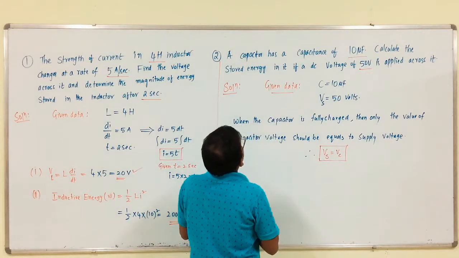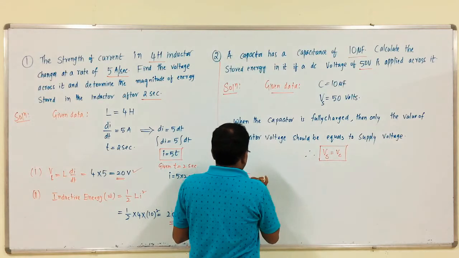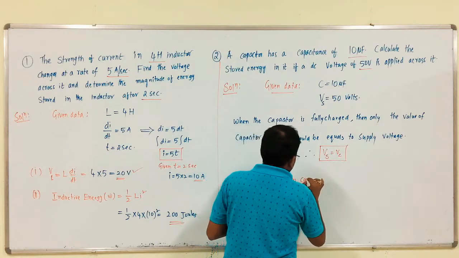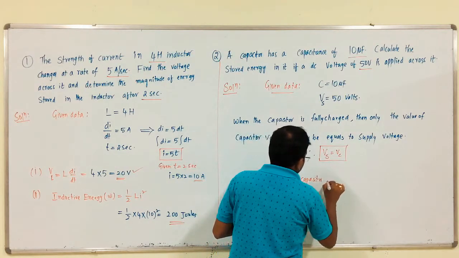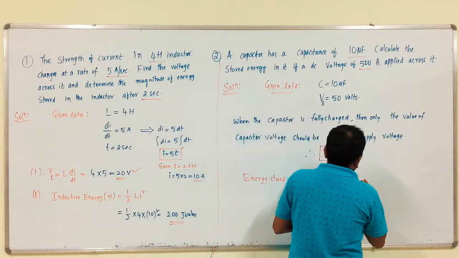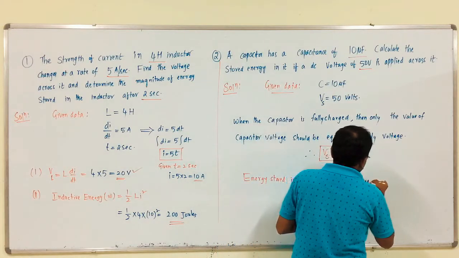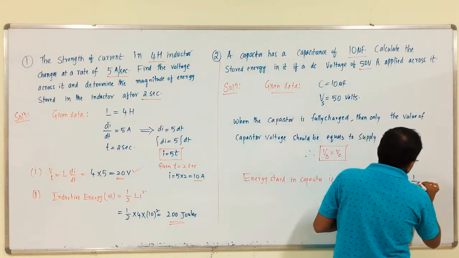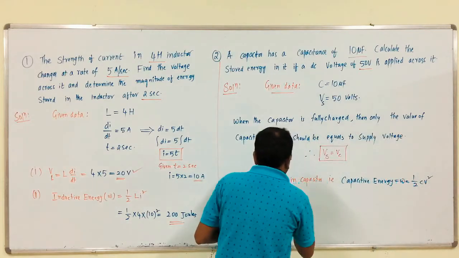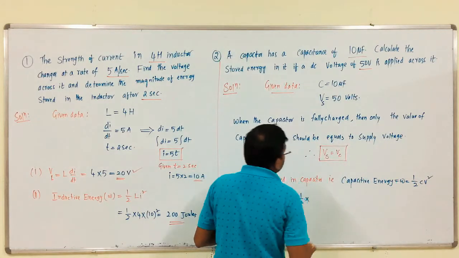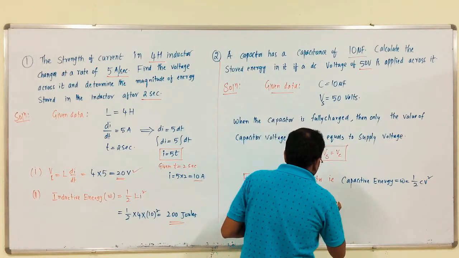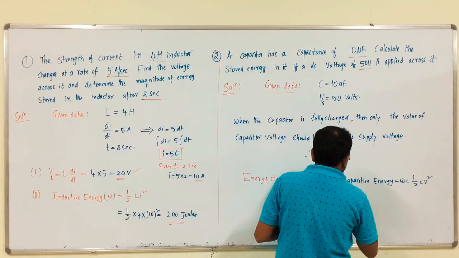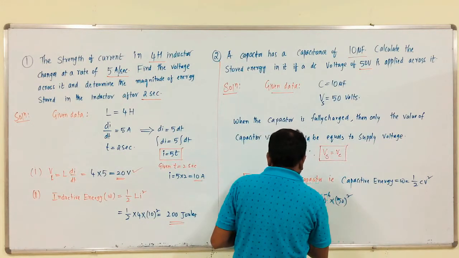That is energy stored in the capacitor, that is capacitive energy, which is W = 1/2 C V squared. So, W = 1/2 into, what is the value of C? 10 microfarad, that is 10 power minus 6, into V squared, 50 squared, which is equals to